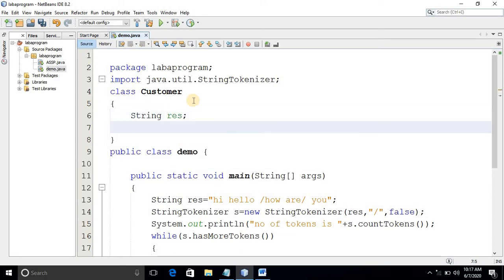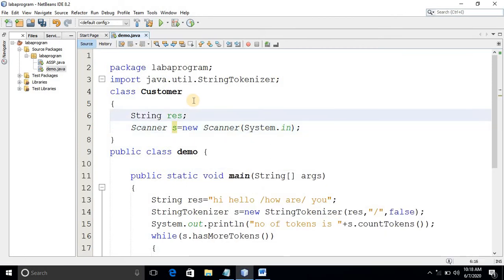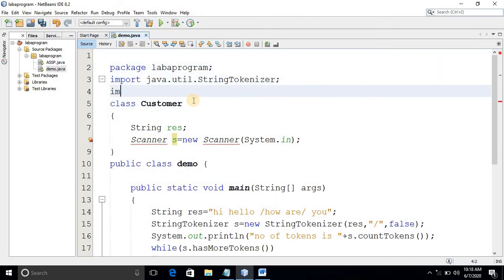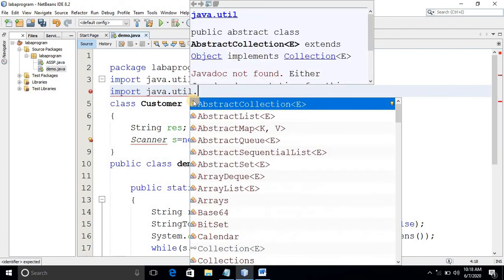Since we have to read, I'll create the scanner object: s is equal to new Scanner of System.in. Since Scanner belongs to the util package, I need to import it: import java.util.Scanner.